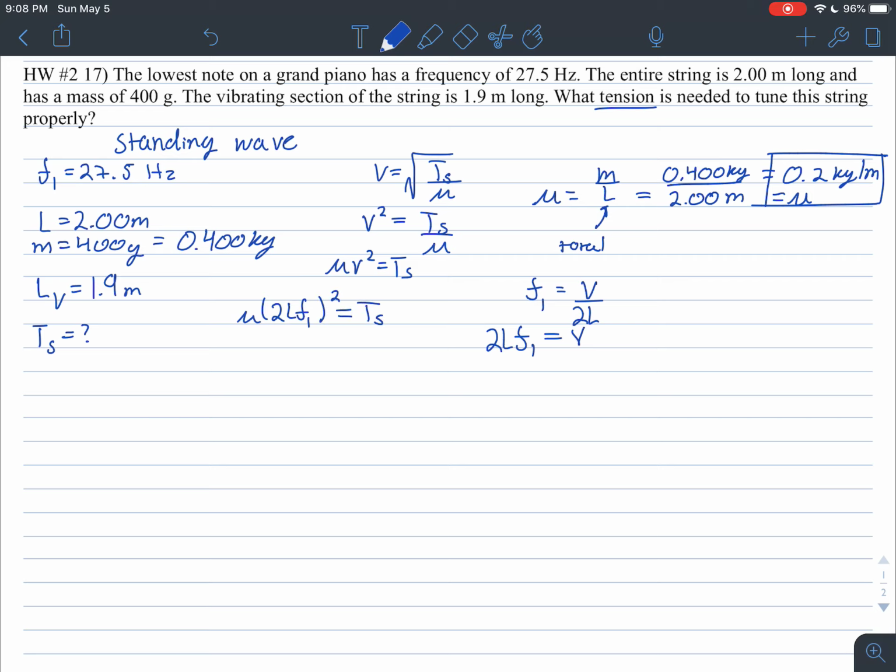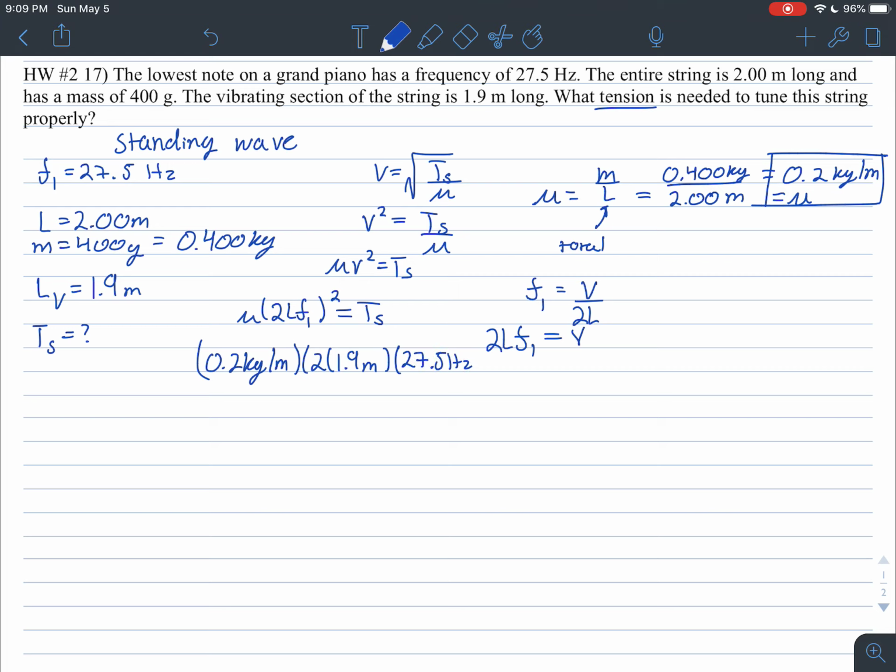Once we have this, we can now plug in our mu, which is 0.2 kilograms per meter, times 2 times the length of the vibrating section, because we're using the fundamental frequency equation, which is for a standing wave. It says the vibrating section is 1.9 meters long, so that is the section where the wave will be. So we have 2 times the length of the vibrating section, L sub v, 1.9 meters, times the fundamental frequency,